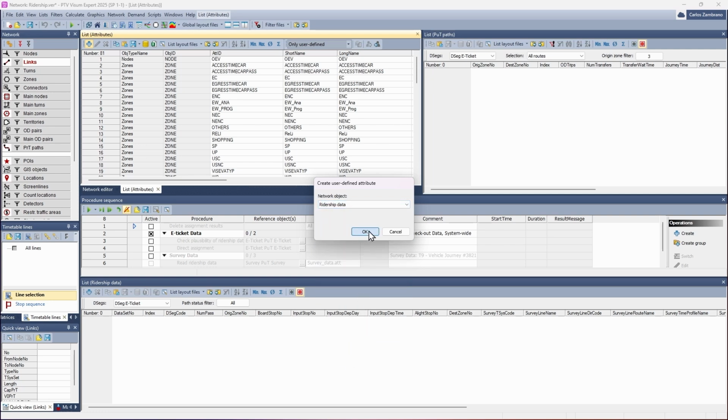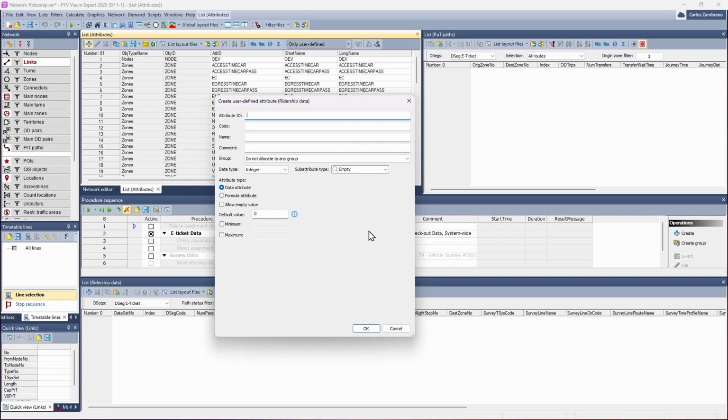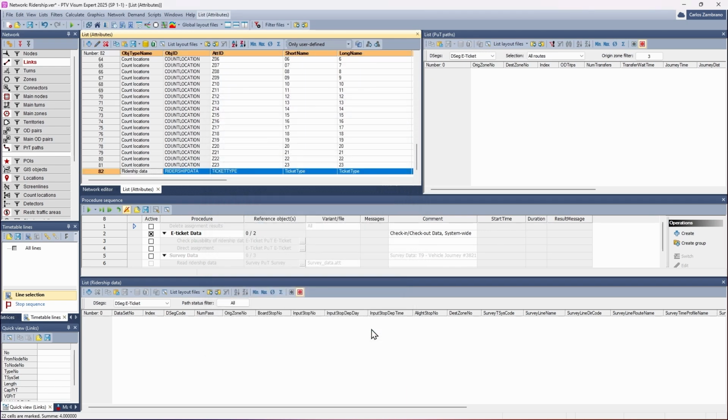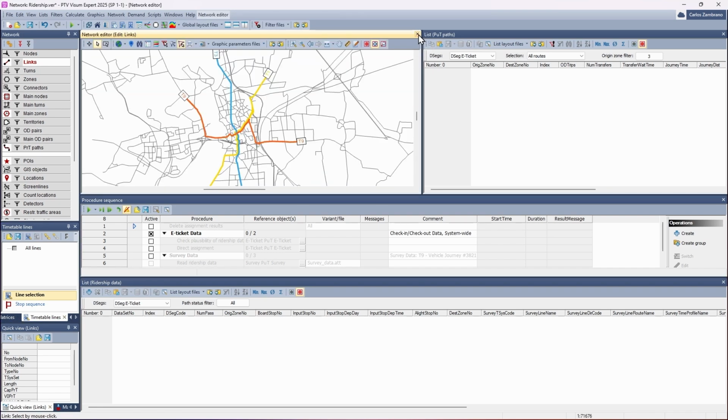We can click OK, and as the attribute is called ticket type, we can type this in and use it for all the necessary fields. The data type we need is not integer, but text. We confirm with OK, and we have our user-defined attribute called ticket type. We can now close this list,